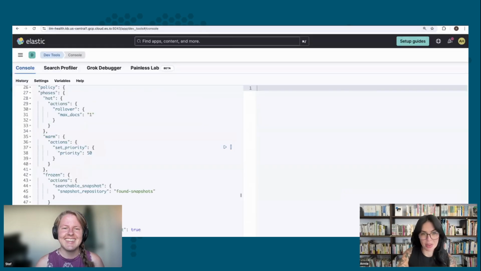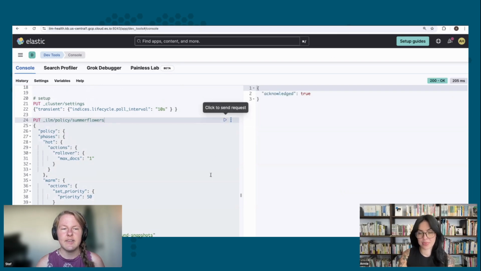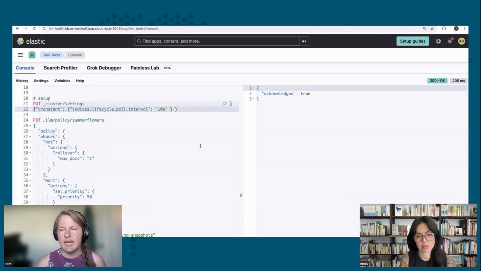Okay, so going back, let's go ahead and apply our policy. Awesome. Perfect. I can also call out the line just before, only for testing purposes, not to be live in a cluster. We're going to override ILM so that it polls more frequently so that we can show you this faster. Normally it polls at a 10-minute interval,